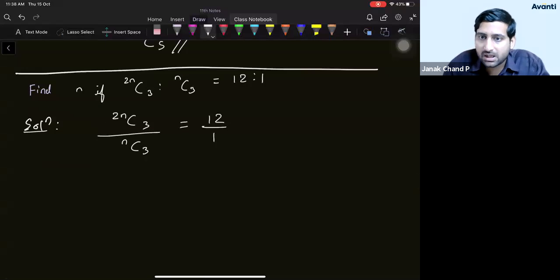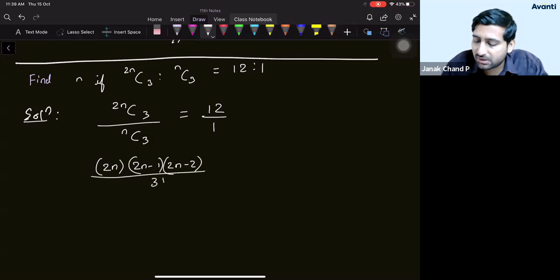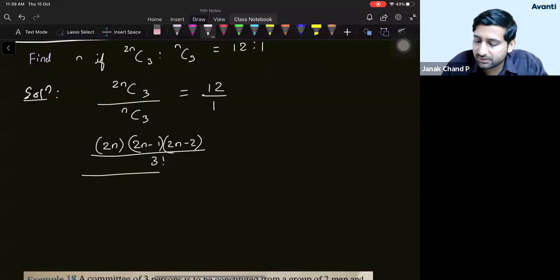Pranav, check it once again. I think you have made a mistake. After this, students, we can write this as 2n minus 1, 2n into, yes. What is the meaning of nCr, students? The meaning of nCr is to multiply three numbers starting from this and divide by 3 factorial. That is 2n into 2n minus 1 into 2n minus 2, divided by 3 factorial, is the value of this upper part. Now the lower part is what, students? n into n minus 1 into n minus 2.